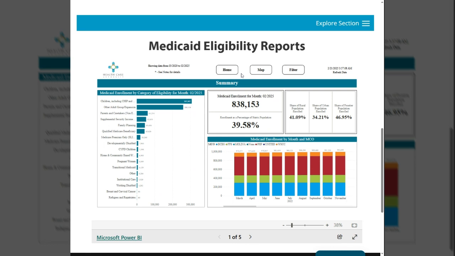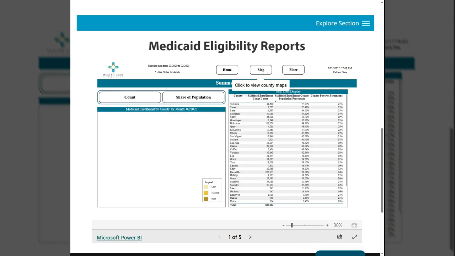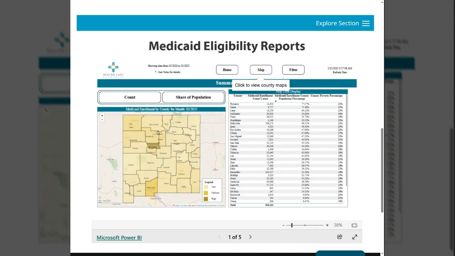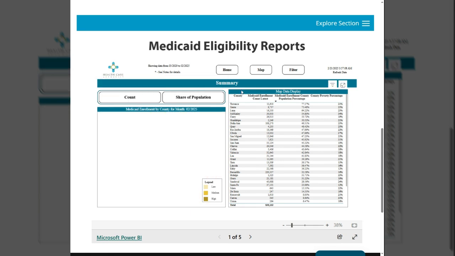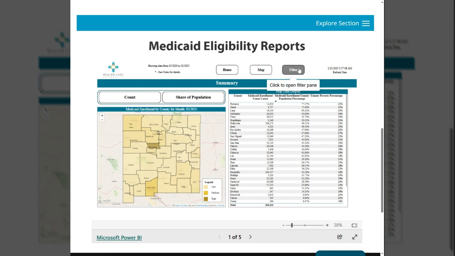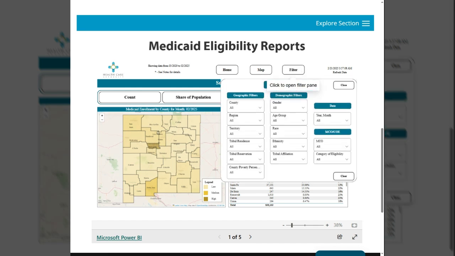At the top of each page are 3 buttons: Home, Map, and Filter. Each page will default to Home, but you can click on Map to see a visual display of the Medicaid population by New Mexico County. Here, you can further your analysis by clicking Share of Population to see what counties have a higher proportion of Medicaid coverage. Click the Filter button to limit the data based on demographics, geography, dates, managed care organization, or categories